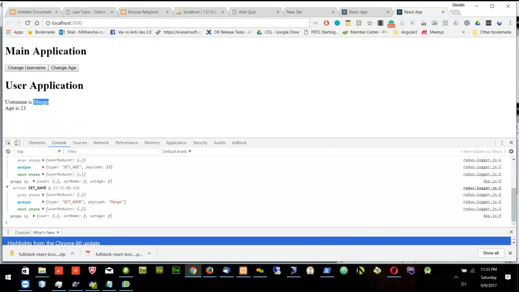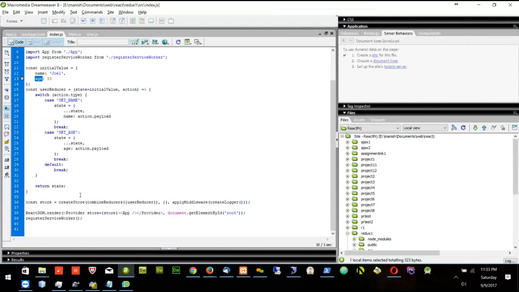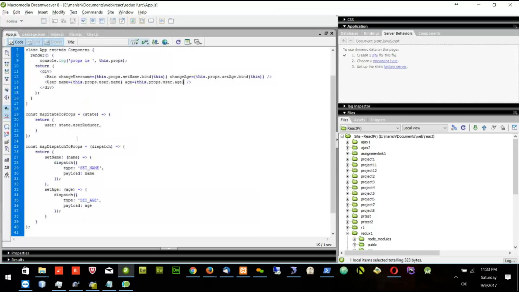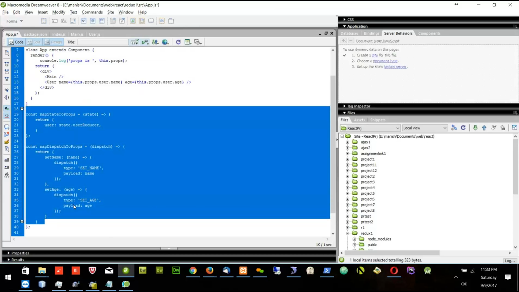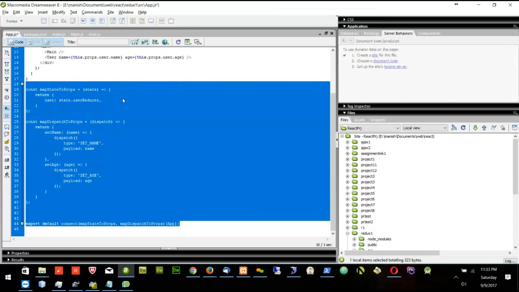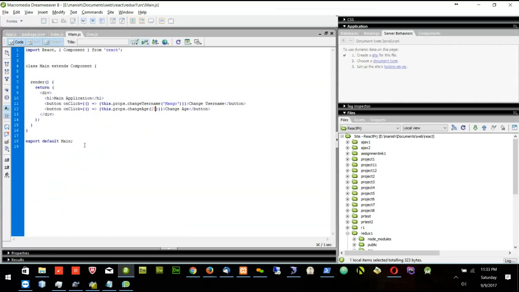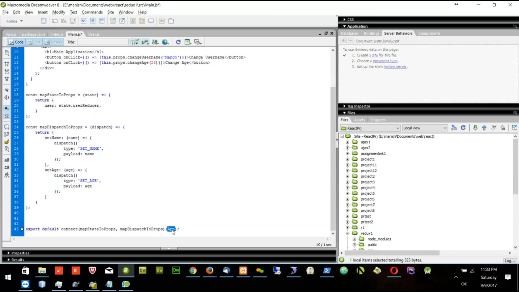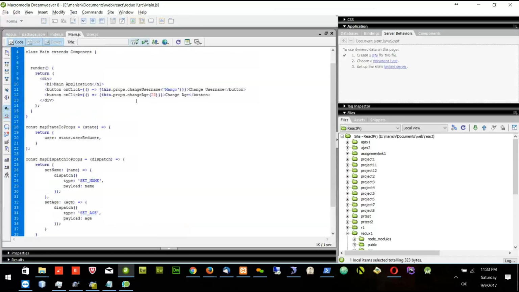So this is one thing. Now instead of putting, so for example, let's say I don't put this here. I just call the main component. I will copy this part of code and put it in the main one. And here, instead of calling the